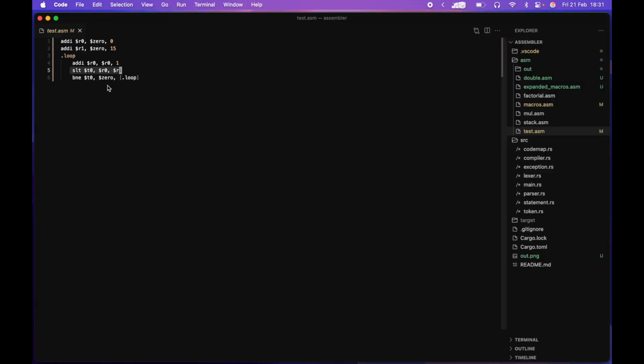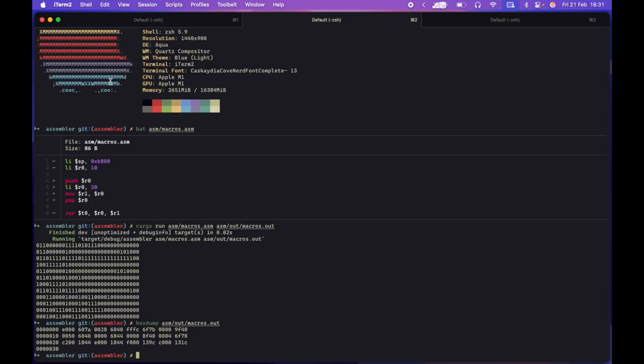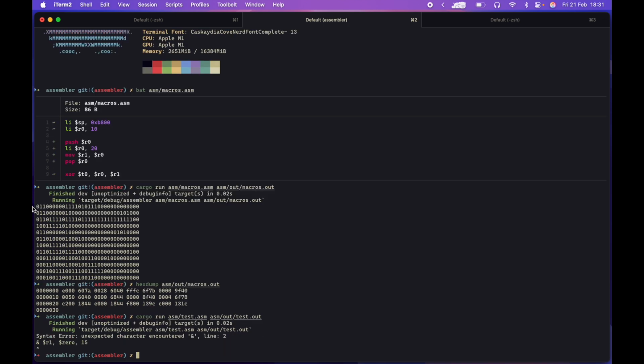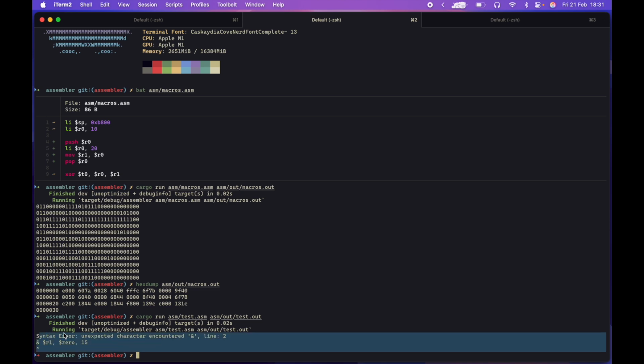Just to test the actual assembler itself, there's a few key features it needs, right? It needs to handle the correct error checking, making sure the program is compiling free of syntax errors. To demonstrate this, if you put in some unexpected character that's not handled by the assembler, and then attempt to compile it, test.asm out, test.out. It will point to a syntax error, and it will specify exactly where in the source code it occurred,